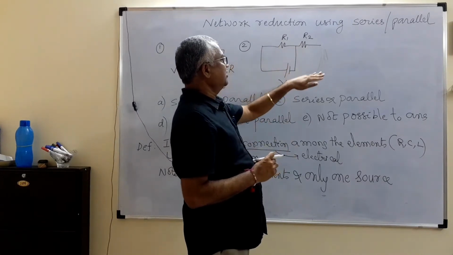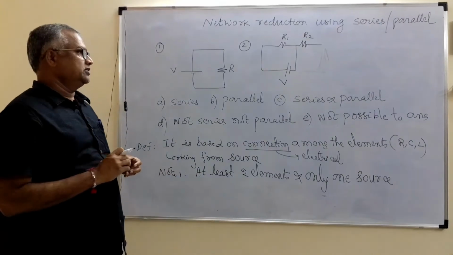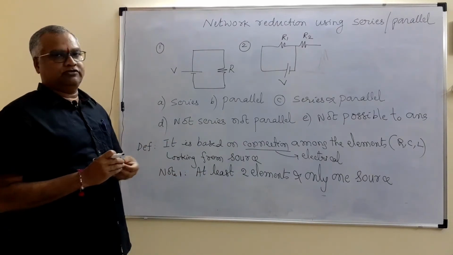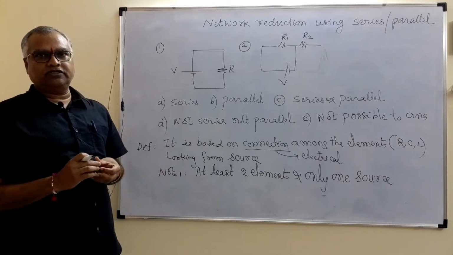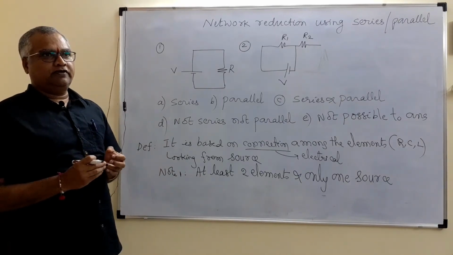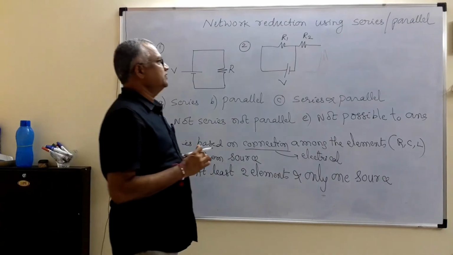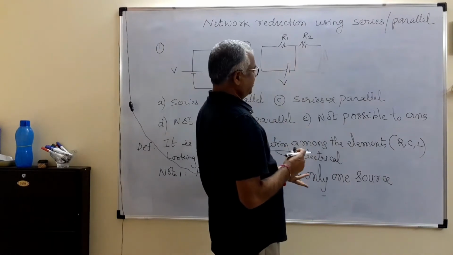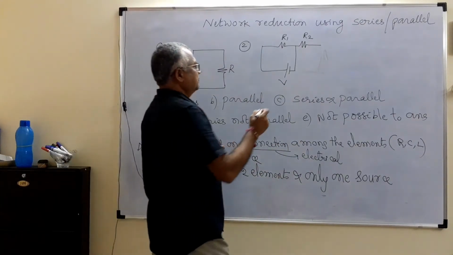When they are not connected, where is the question of answering series or parallel? It is like when a couple is married, we can ask, are you married? If they say yes, we ask a second question, how many children do you have? When the answer is no, then we don't ask how many children. So if these two are not connected, we don't think about whether they are in series or parallel.